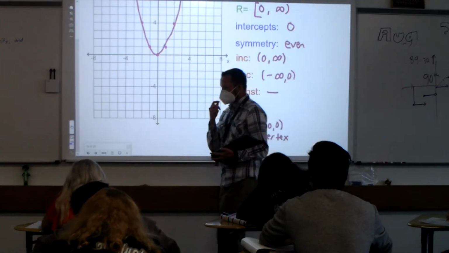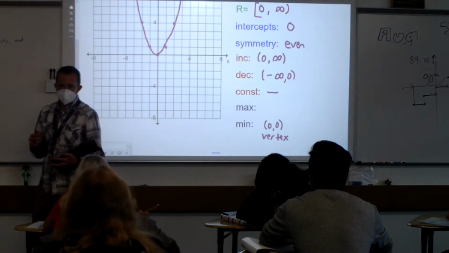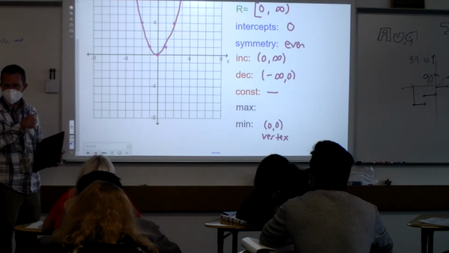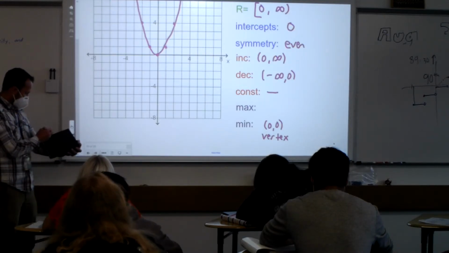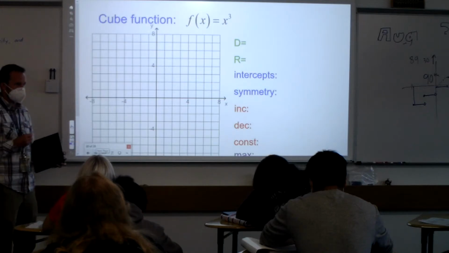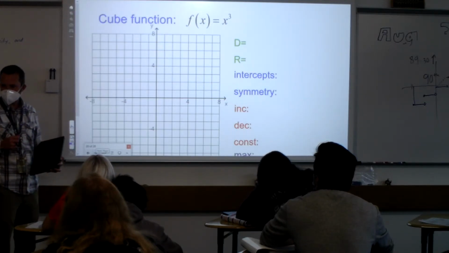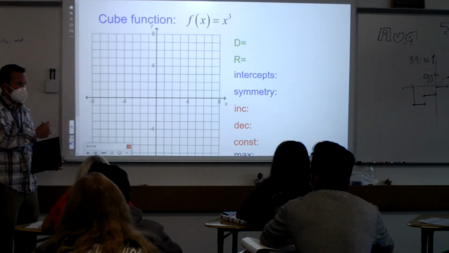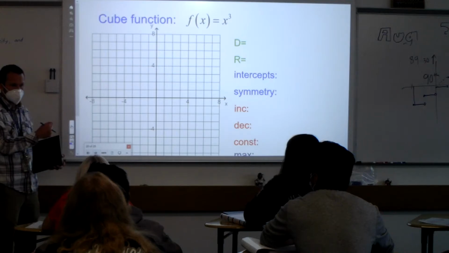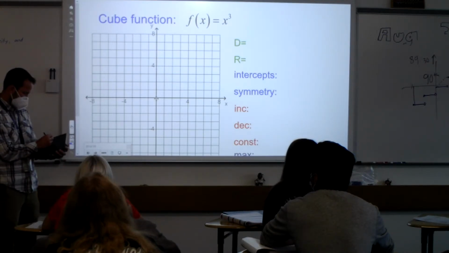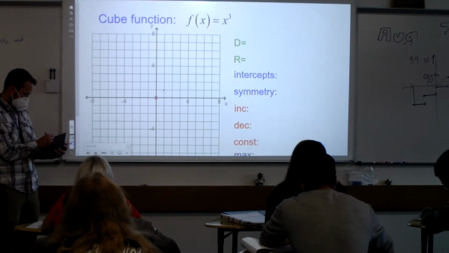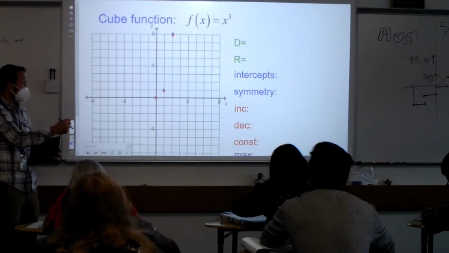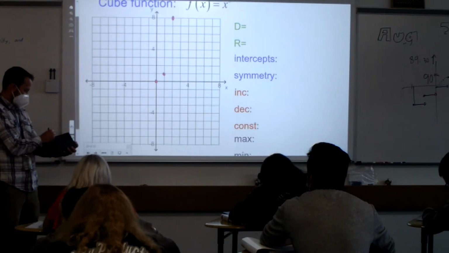All right, so what we're going to do right now is I'm going to start helping you graph them, but then I'm going to have you go back and fill in the key information, because this could take a long time, right, going through all the graphs. Some of these you've seen before. For example, cube. What does it mean to cube something? Yep, times it by itself 3 times, right? So what's 0 times 0 times 0? 1 times 1 times 1. 2 times 2 times 2. Good job. Now what's tricky on this, what's negative 1 times negative 1 times negative 1? Negative 1. What's negative 2 times negative